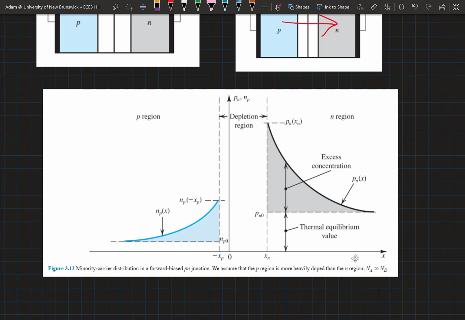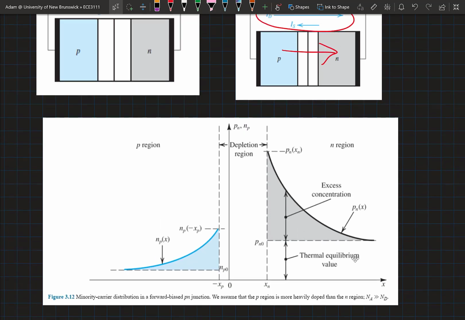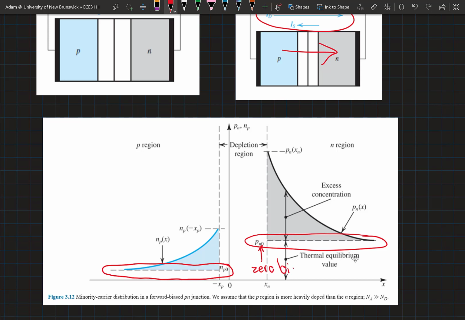So just note that. And we see this, so the unbiased or zero bias concentration of minority carriers is shown with this dashed line on the bottom. Okay, so that zero here is referring to the zero bias concentration